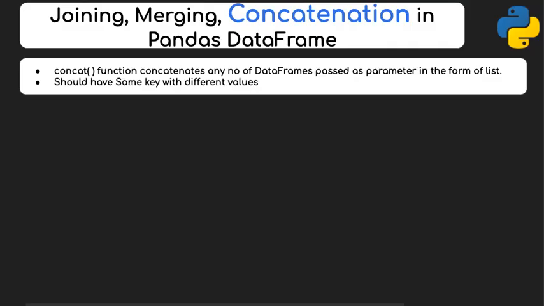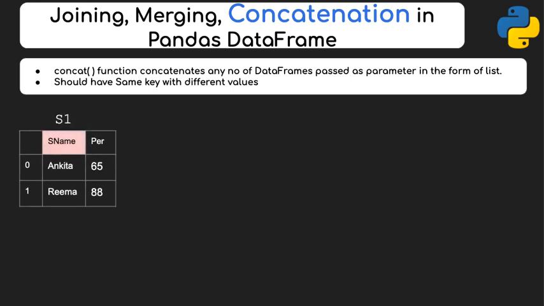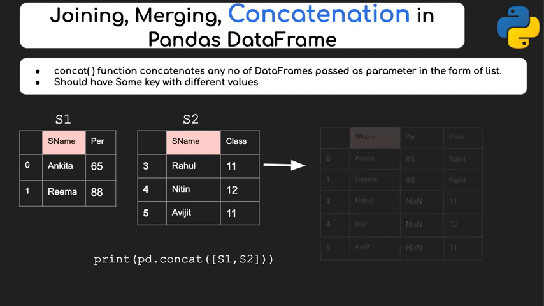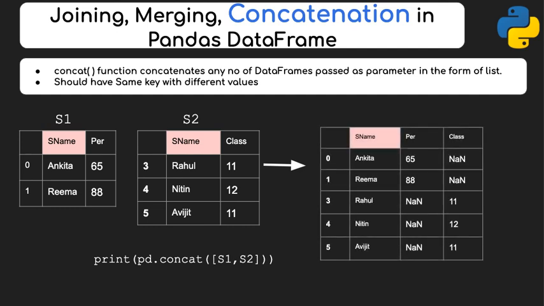So if we just quickly do the recap, we'll use for concatenation the concat function. Remember, they need to have the same key and they need to have different values. Obviously, तभी तो concatenate करने का मतलब समझ में आएगा. Okay, so if I have the first table with these two columns, so column name अगर दूसरे table में भी same है, तो आप क्या करेंगे यहाँ पर सीधा concatenation हो जाएगा.